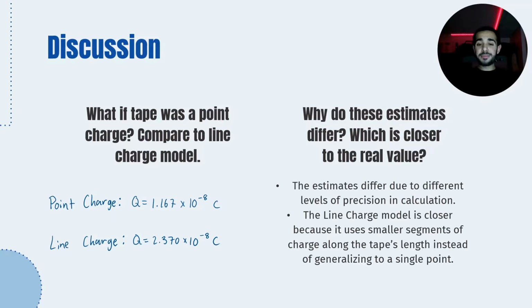Well, these estimates differ due to the different levels of precision used in calculation. And it would make sense if the line charge model is closer to the real value because it uses smaller segments of point charge along the tape's length, whereas the point charge model generalized the whole length into one singular point